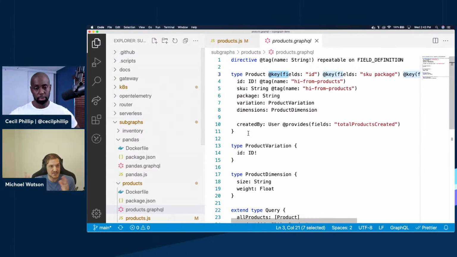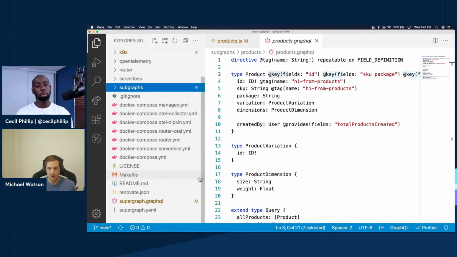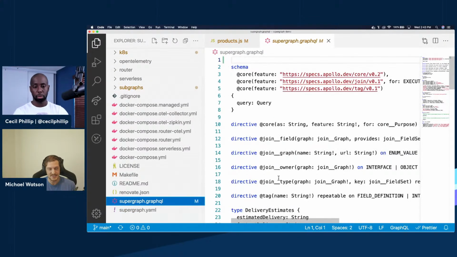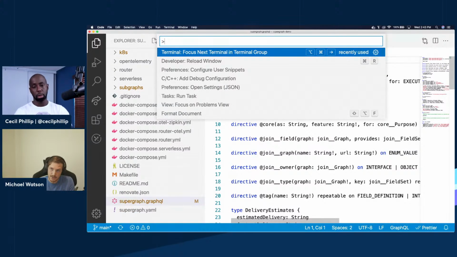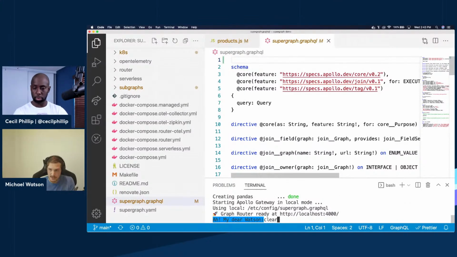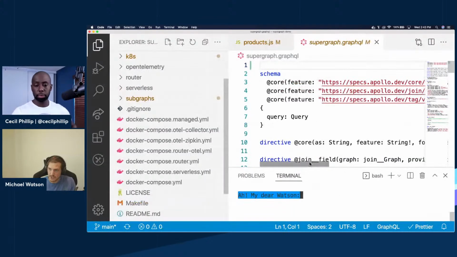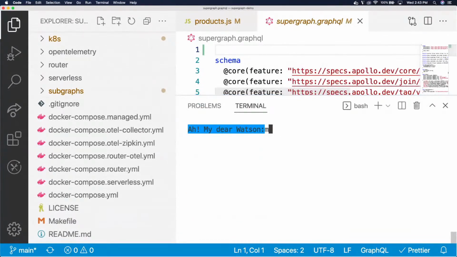Now, that's kind of the subgraph side of things, right? But once you have the subgraph in there, how does everything get pulled together? We talked about that Supergraph artifact. So I already ran it. In the demo, there's a command. I'll make this one click bigger too. If you run make